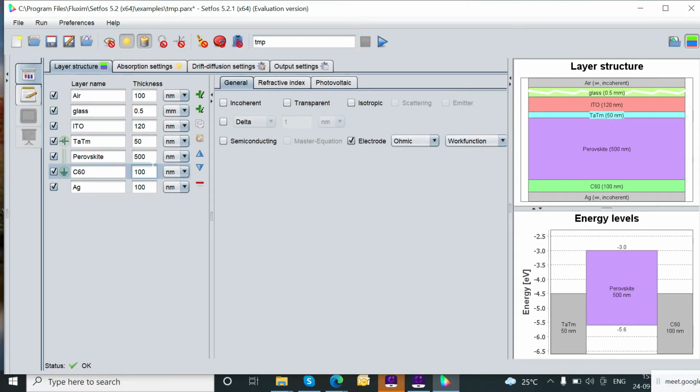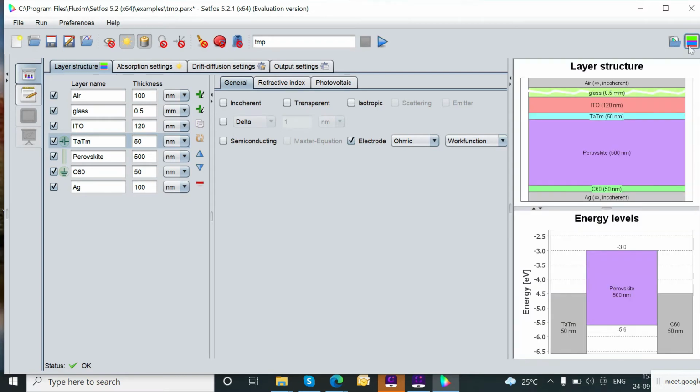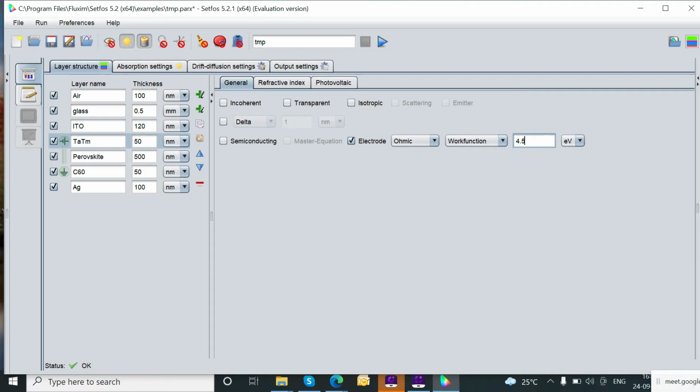If you would like to change the units and thickness, this is the thickness. Suppose I want to change my thickness. Here I am defining 100 nanometers. In the second column is my substrate. I would like to define my substrate as 0.5 millimeter, so I simply click on unit and click on millimeter. Thirdly, I would like to change this from 100 to 120 nanometers. The third one is 50 nanometers. And the next one is my active perovskite semiconducting layer, that is 500 nanometers. And then suppose I take 50 nanometers, and this is my 100 nanometers. So this is the thickness.